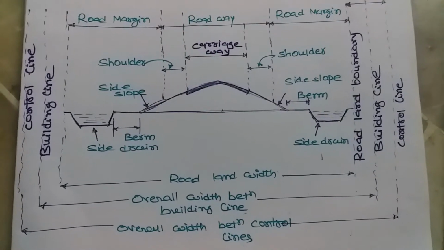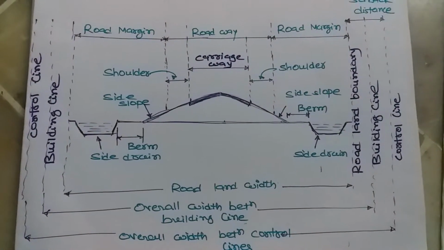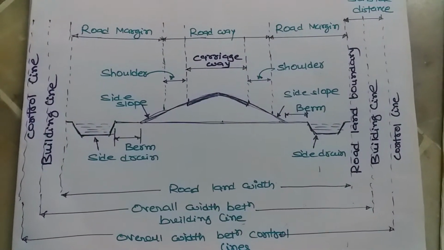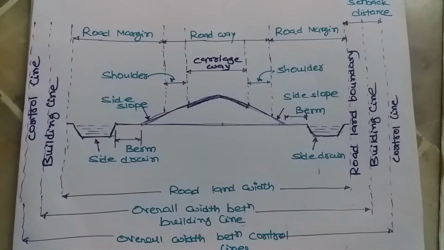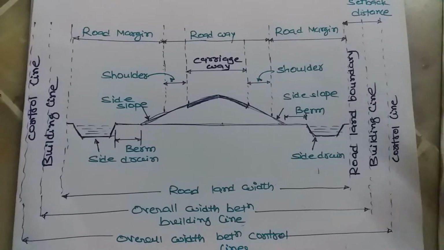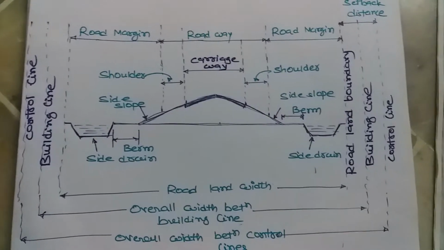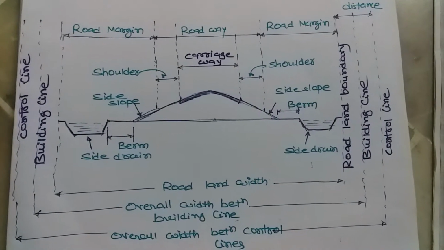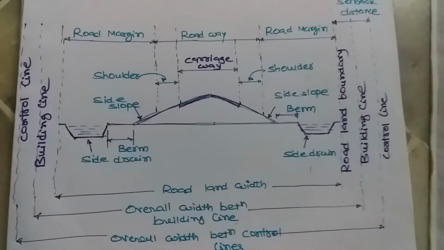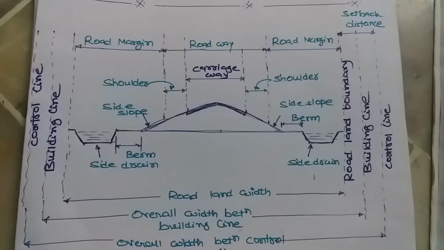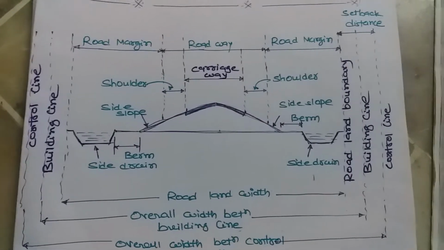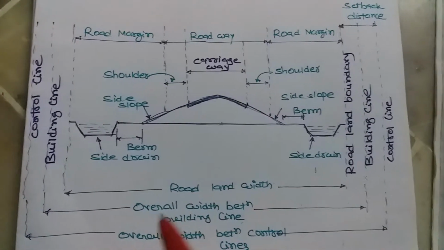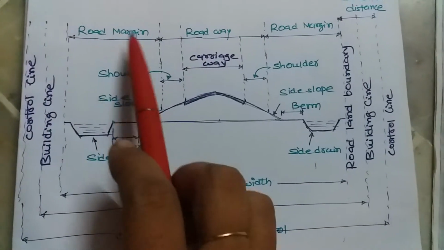There are so many factors affecting the right of way: the category of highway and width of roadway and road margins, height of embankment or depth of cutting, drainage system and its size, side distance, consideration on horizontal curves, reserve land for future widening. So these are the governing factors you can say for the design of the right of way.